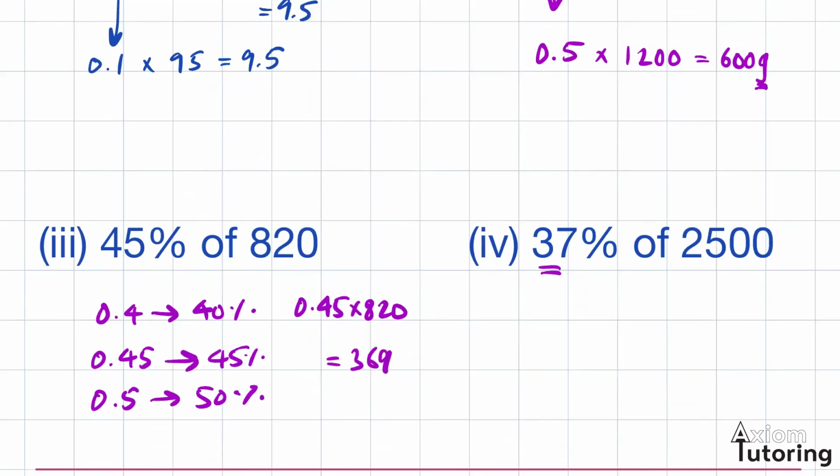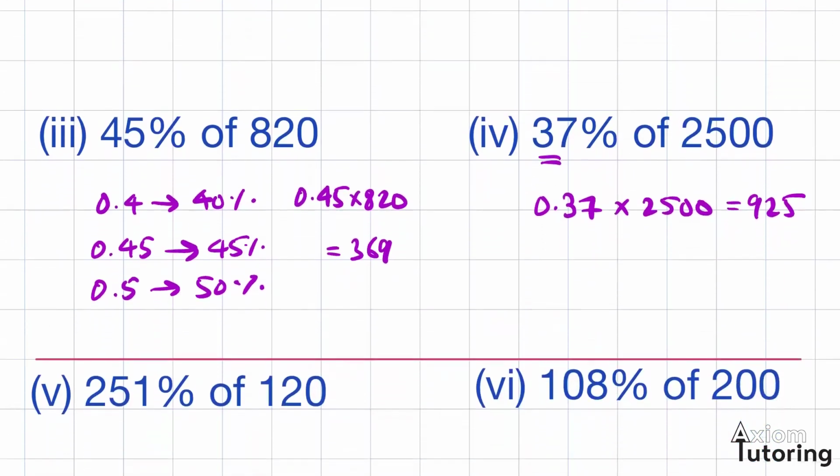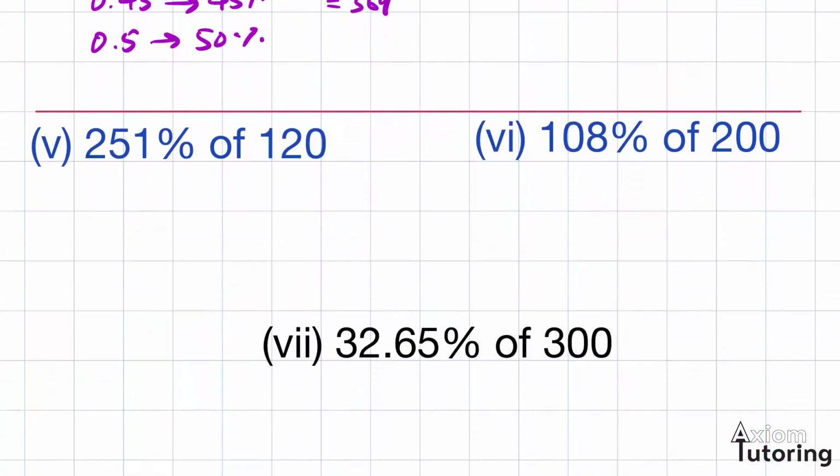How about 37% of 2,500? That's just 0.37 times 2,500. You should get 925. Now, where multipliers really shine are questions like these, questions where you have a percentage greater than 100, or